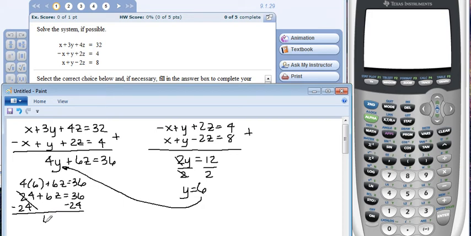This is gone, so I've got 6z is equal to 12. So z is equal to 2. I'm going to divide this side by 6 and this side by 6. So far I've got 2 answers. All right. Now I'm going to go into any one of these 3 originals and plug in my y, which